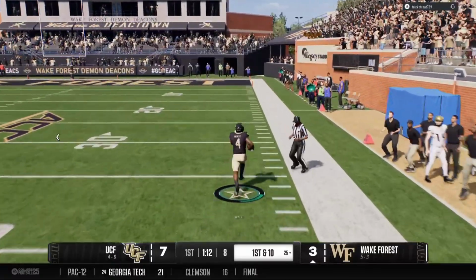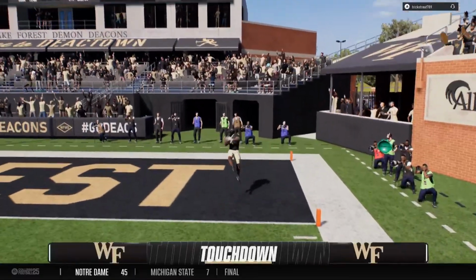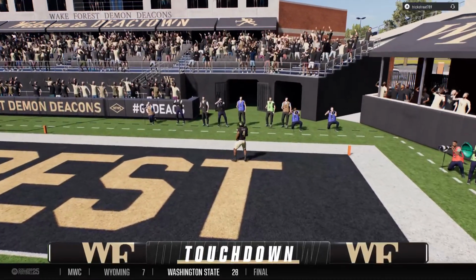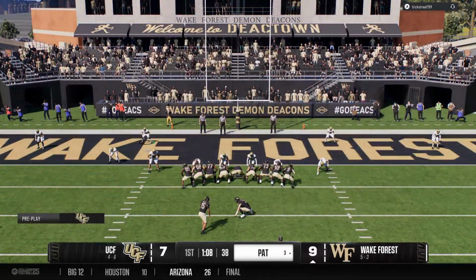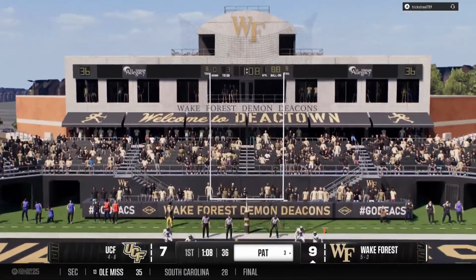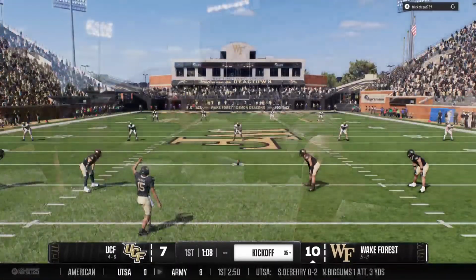Running toward the tape. At the 30. The 10. Touchdown, Wake. And once he found daylight, it was Katie bar the door, baby. That trip to the end zone is his 25th career touchdown. Man, he's been productive, just has a nose for the end zone. This dude's made big play after big play for his offenses, and that's 25 touchdowns, Palmer, on the ground for